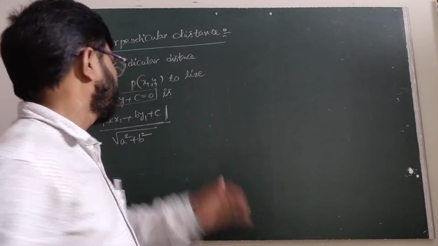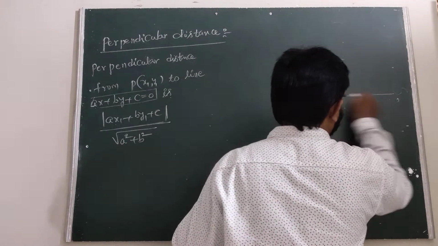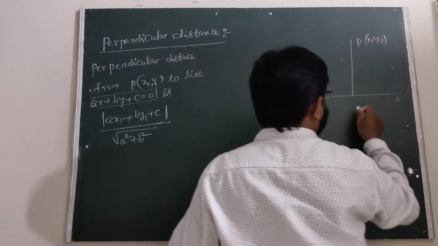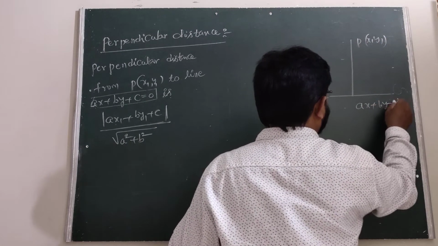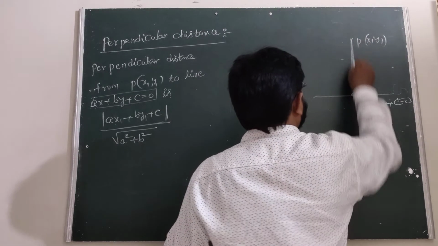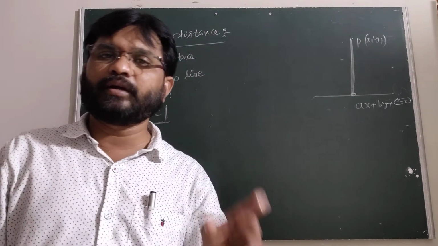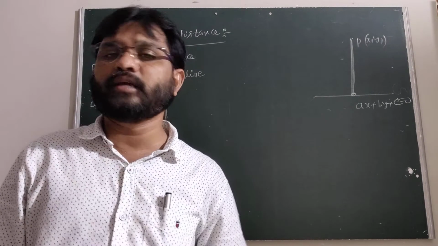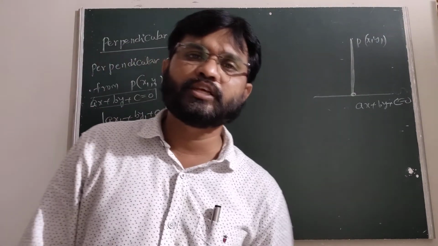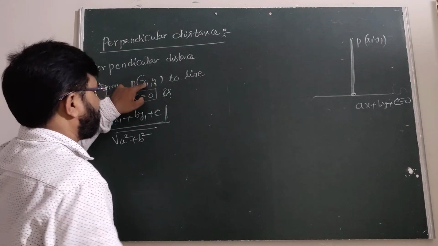What is the new origin here? H comma k. Now, all of you listen here, we have to find the perpendicular distance from the point P(x1, y1) to the line ax plus by plus c equal to 0. We have to find this distance. How to find this distance? The perpendicular distance from the origin to the line ax plus by plus c equal to 0, everyone knows, is mod c by root of a square plus b square. Here the origin is shifted to x1 comma y1.